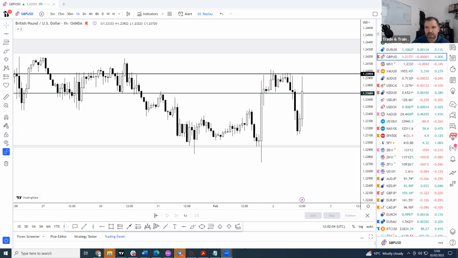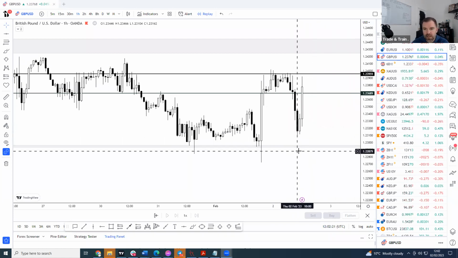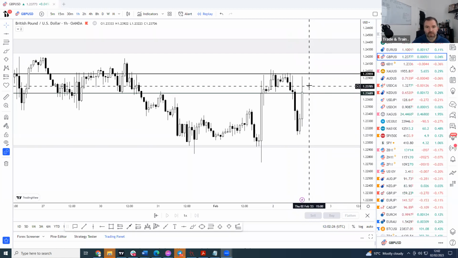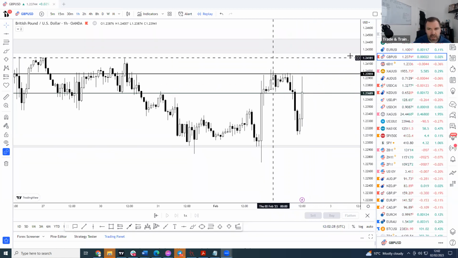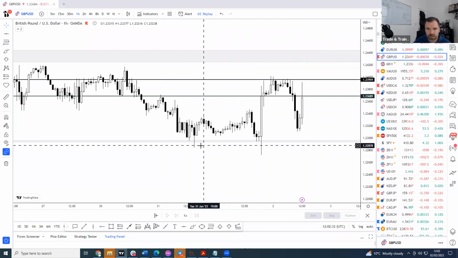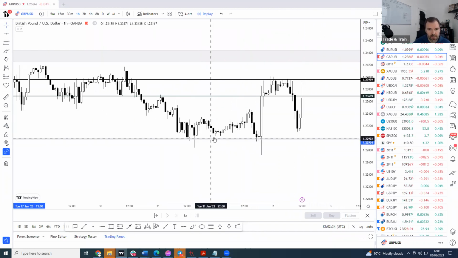I just started a little bit late because I wanted to see what was happening with the Bank of England after interest rates. We've seen price spike up into the 124s. I'm not sure this is going to be a sustained rally, so I will be looking for potential sells below 122.80 around this zone here, but we'll see. Long opportunities for me on cable will be if we break 124.40, but I know we're going to focus predominantly